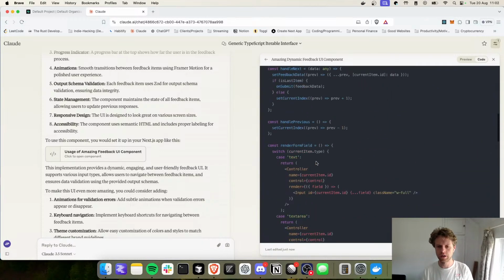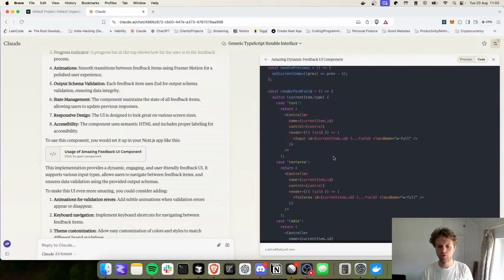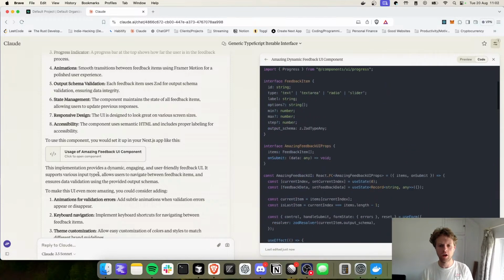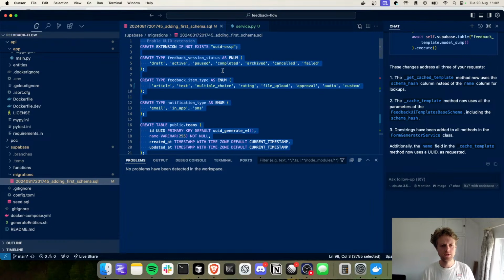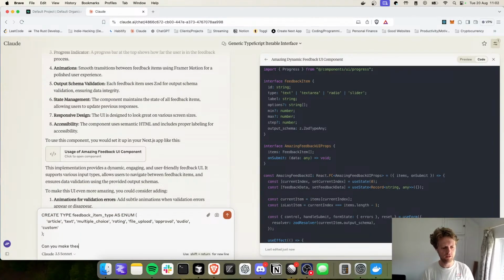The only thing is we've got this render feedback form, we've got text area, radio, and I guess this is coming from the type. Maybe we should line up our types in here with, can you make these types aligned with